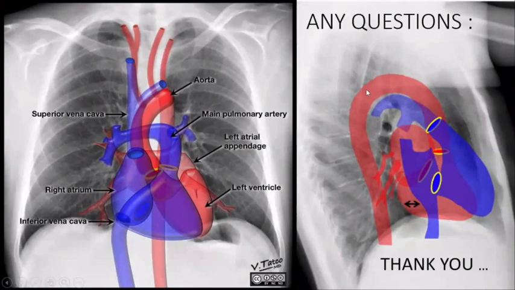This is the curve of the aorta and how it descends in front of the spine and vertebrae. We can also see the bifurcation of the trachea, which divides into the two major bronchi. Always keep these chambers and great vessels in mind. First learn the normal anatomy and revise until you are able to detect the pathology. If you have any queries, you can ask.